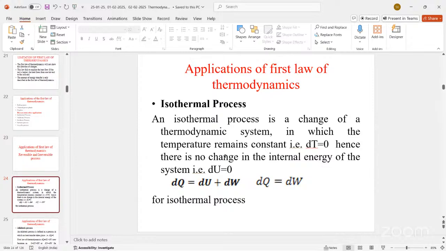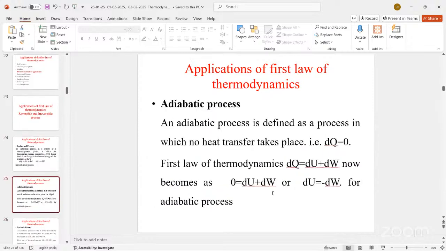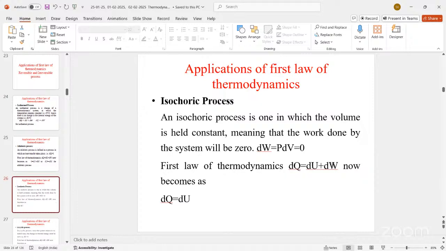So in an isothermal process we will get dq is equal to du plus dw. In an adiabatic process we will get du is equal to minus dw. Mainly this is the first law: dq is equal to du plus dw. In an isochoric process we will get this equation: dq is equal to du, where dq is heat and du